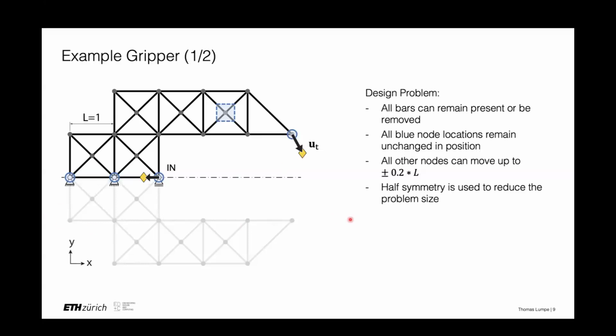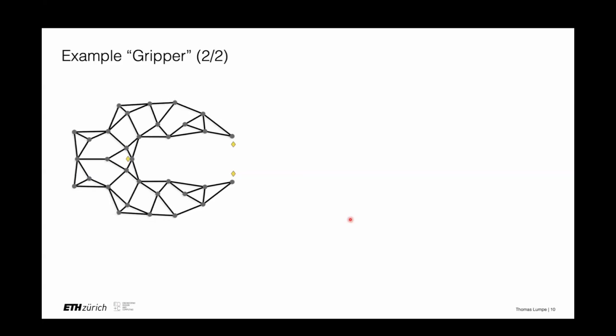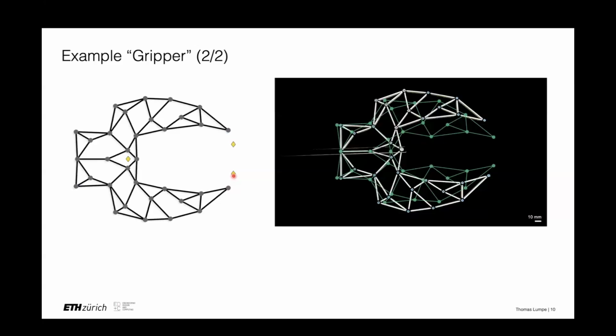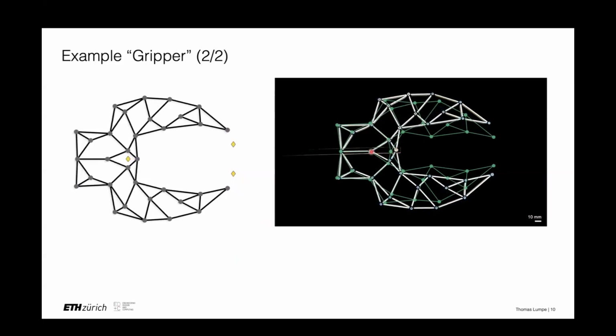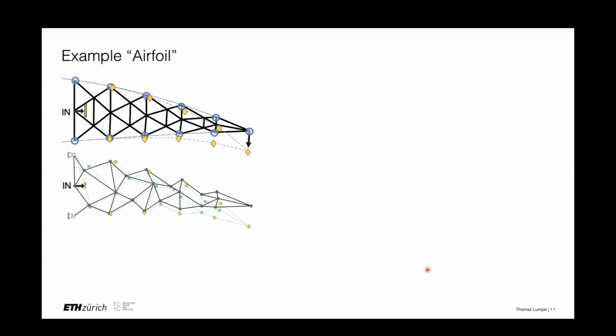Again, half symmetry is used in this problem. So this is the resulting structure, and it moves to the target nodes that it should. And it was carried out also in experiment. And if you look carefully, what you'll see is here we're pulling in using this lever, and then it's gripping the object over here. So in this case, also the accuracy between the theoretical optimized structure and the experimental is